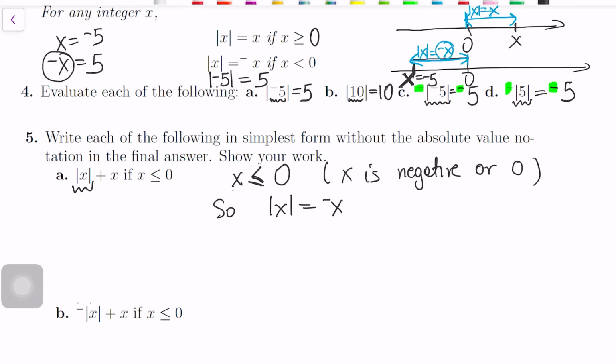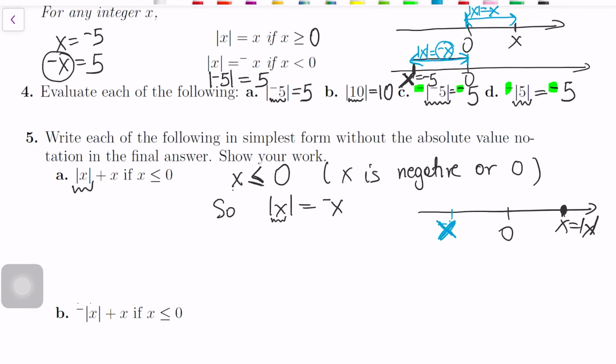So since x was negative to begin with, absolute value makes it positive. Another trick to keep in mind: if x is positive, your absolute value remains the same, but if x is negative,